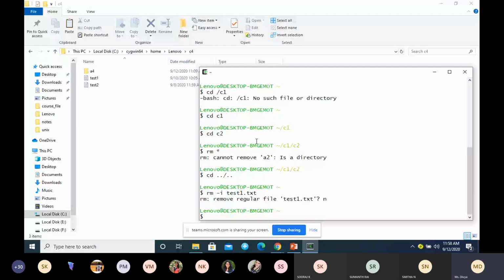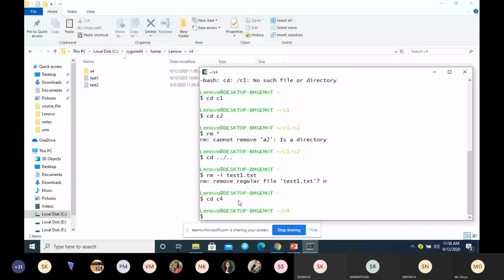See what will happen in the case of recursive deleting. RM -R, you can use capital letter R or small letter r, -R and star. I need to move to this folder first. CD C4, then RM -R star.